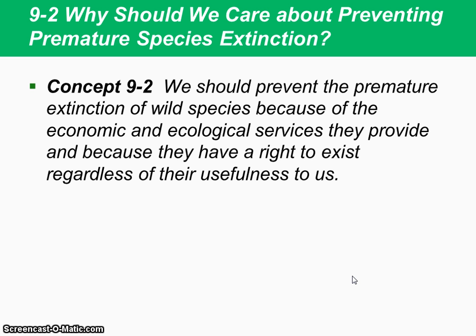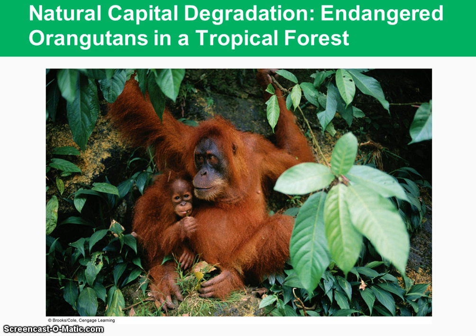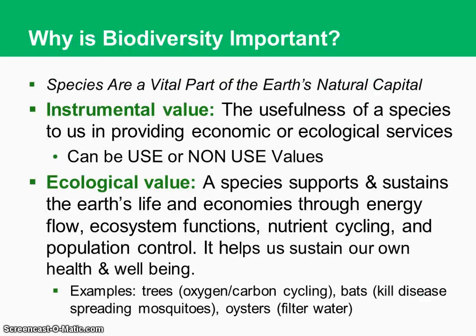It's a short 3-page PDF that's going to be posted on eClass by Paul Ehrlich, the guy who wrote The Population Bomb. It's an easy read. It's a metaphor for what we're doing to the planet by losing species. It's an easy jump to make with his symbolism, but it's still a good read. Here's a picture of orangutans. They are, of course, very much endangered, partially due to habitat loss, partially due to hunting and overexploitation.